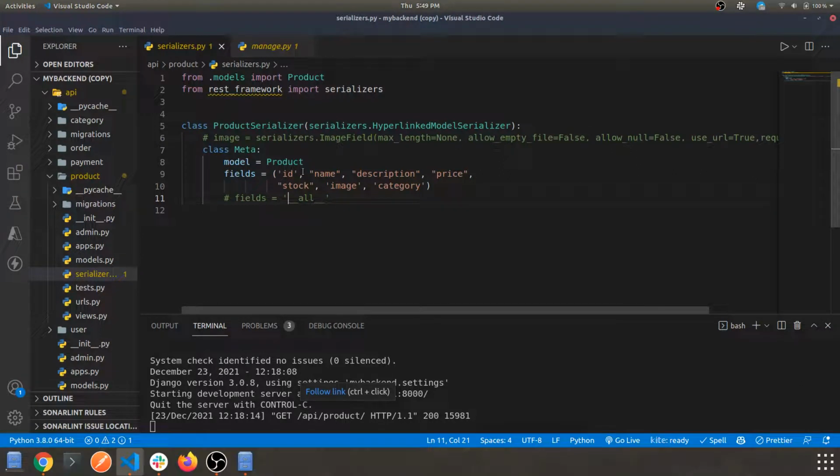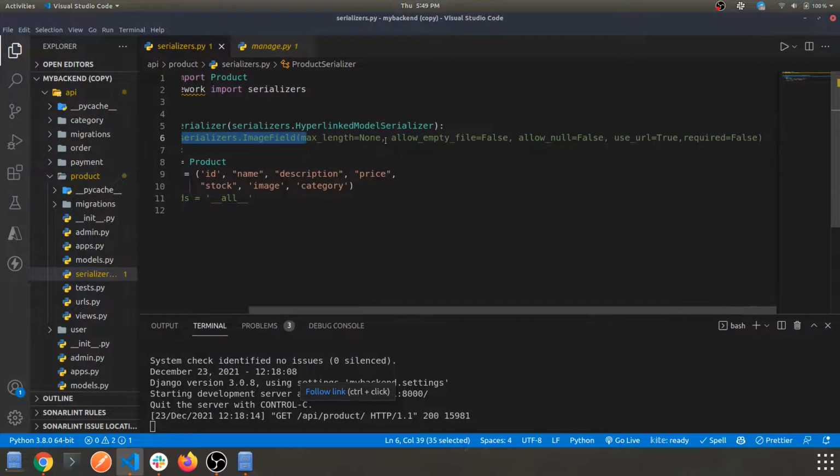Now the second step is you need to add this image serializer for the image field specifically, because this will make your response less error prone, and it will avoid any errors, and it will not mandate that field, like you have to select an image compulsorily.